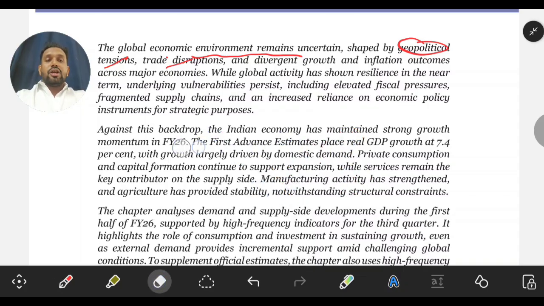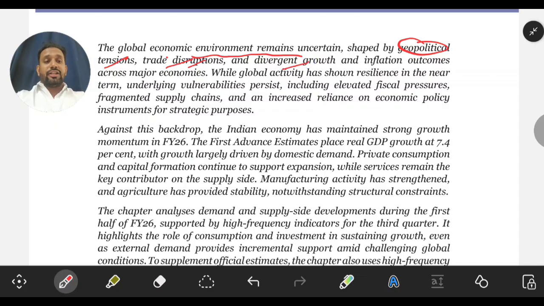Very true, right? Yes, but the USA is dictating that we need to not buy oil from Russia, but we have to go to any other source, also Iran, because in Iran there is also the Chabahar port that we are building for the Iranians. The US is also saying that you will not be going into Iran and building that particular project. So you just understand that because of that, a lot of trade disruptions are happening. We made a contract with Iran, so that particular trade is also disrupted. We engaged with Iran and also Russia for the import of oil, and that has also been disrupted, right or wrong. So trade disruptions are happening.